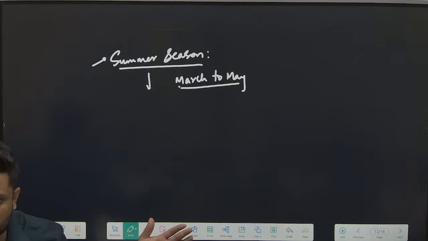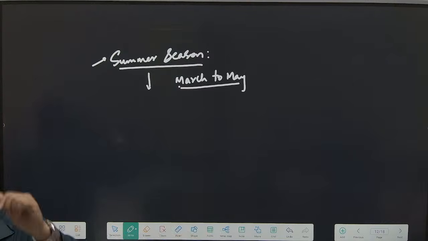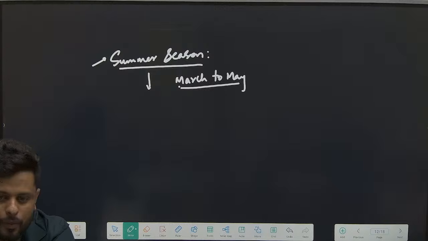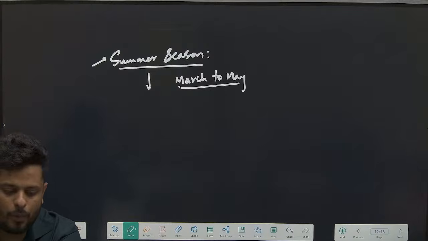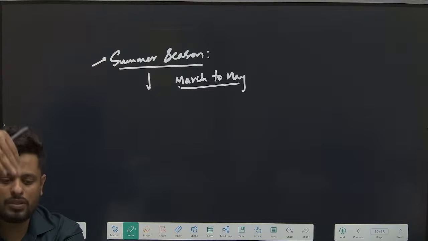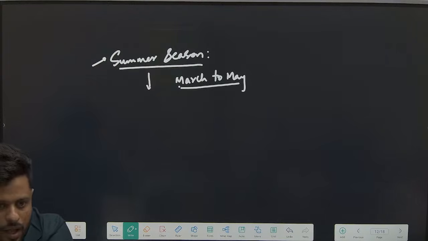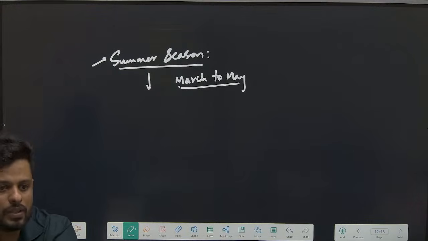Heat ಆದರೆ, understand, the gas expands. If the gas expands, volume increases, correct alva? If the volume increases, what will happen to the total weight exerted? Decreases. Pressure will become low. Wind always moves from a region of high pressure to low pressure. The neighboring mass of water is at a higher pressure than the neighboring land mass. So what will happen? There will be moisture carrying winds coming in, and because of that heating, there is a low pressure at that point. Will you expect a rising convection or a subsiding convection? Pakka, because winds are lighter, lighter air mass will always rise.